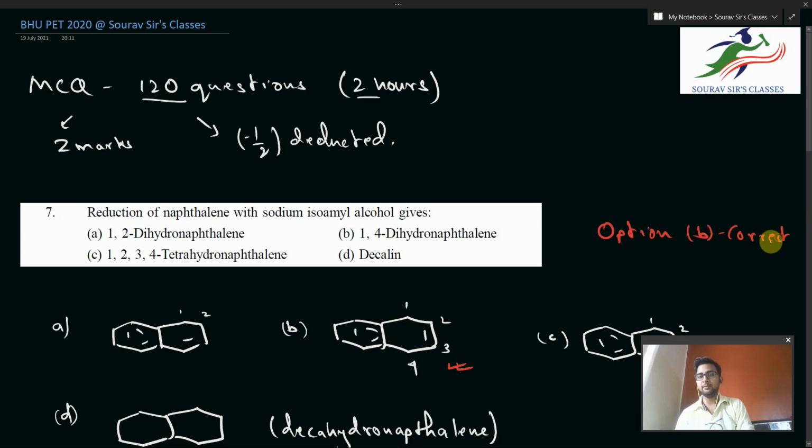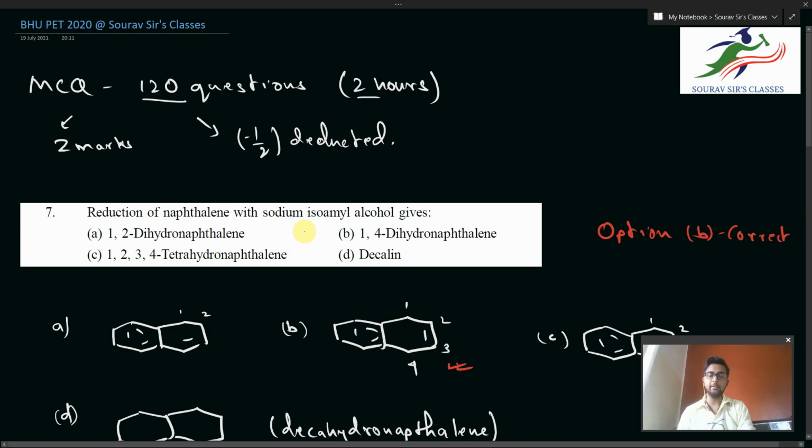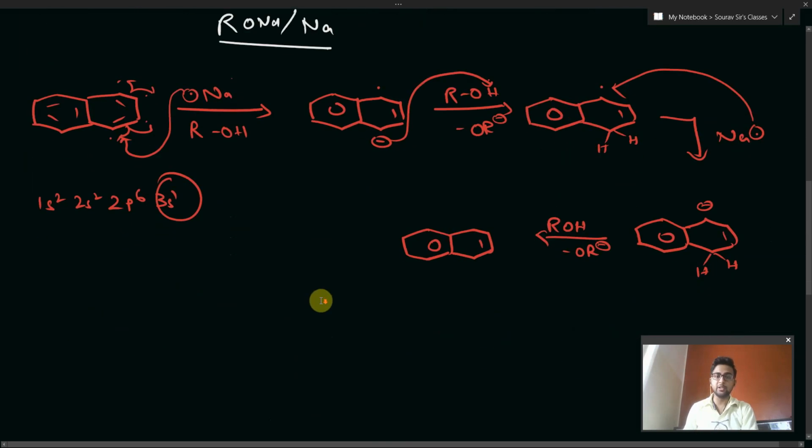Now basically, we have just the reduction with sodium and amyl alcohol asked about, and nothing more than that. But the conditions for sodium are not stated in the question, and that is why the question is partially incomplete. I will not say wrong, it is a partially incomplete question. So the main difference would be that this reaction won't stop over here directly.